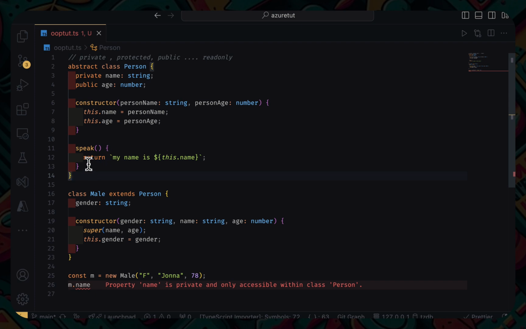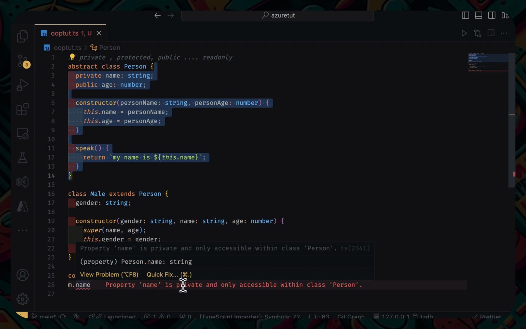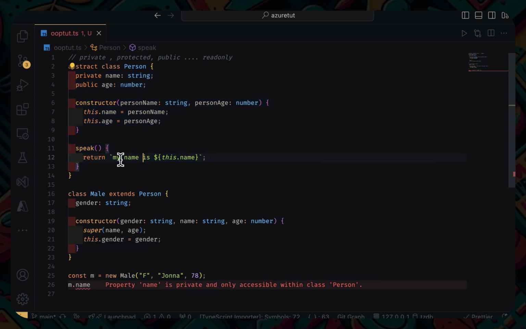It is only accessible within the class. This is the class in this code block here. It's saying the property name is private and only accessible within the class person. This is why we can use it here. We can use this keyword with the name. Okay, for protected